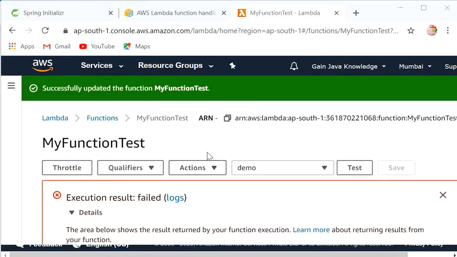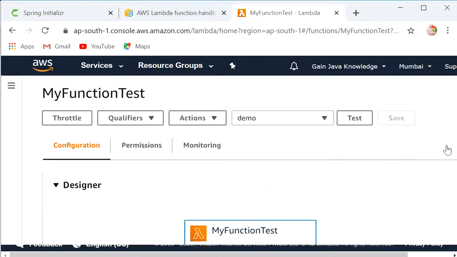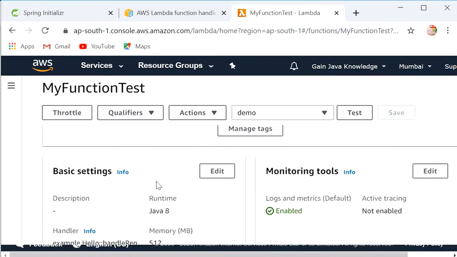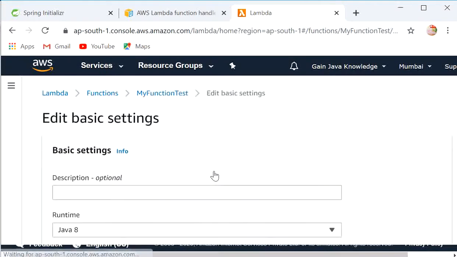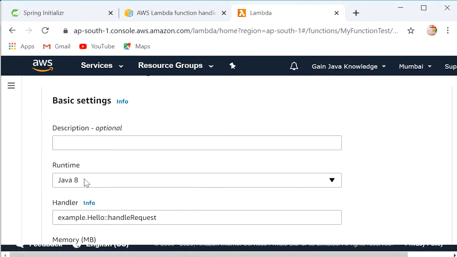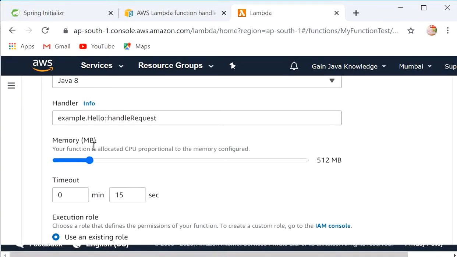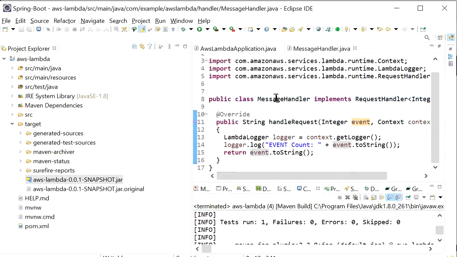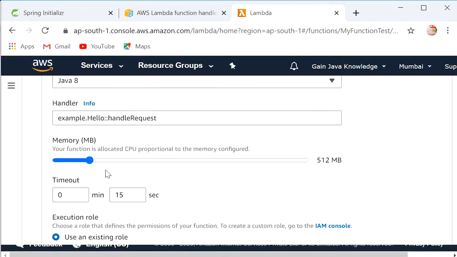Okay, so first we need to check one more thing, that is under function code. Here we need to edit basic settings, and here Java 8 will be the runtime and description is optional, and here we need to change the package name. So here I will go to my MessageHandler class and copy this from here, and here we need to change, hello is our class name.